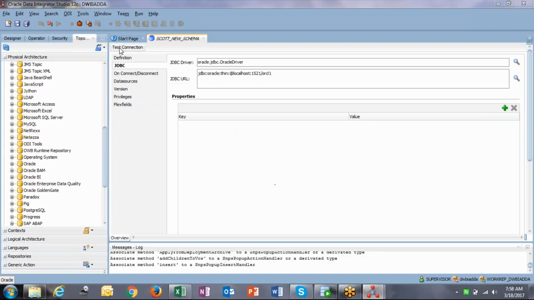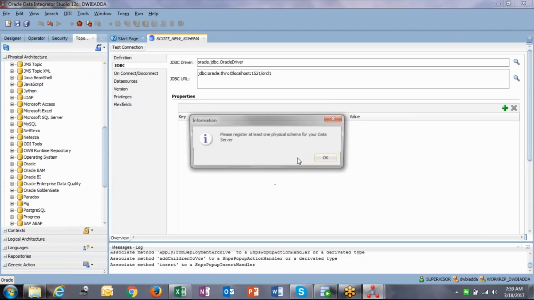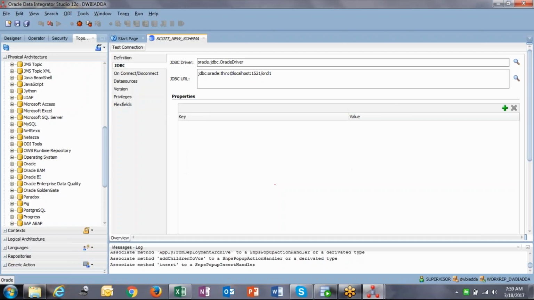When you are ready with this, try to click on test connection. When you click on it, it asks you to please register at least one physical schema for your data server. We discussed yesterday the physical architecture, the context, and the logical architecture. The context acts as a mediator between physical and logical. It asks you to create one physical schema for your data server. So when you click on OK,